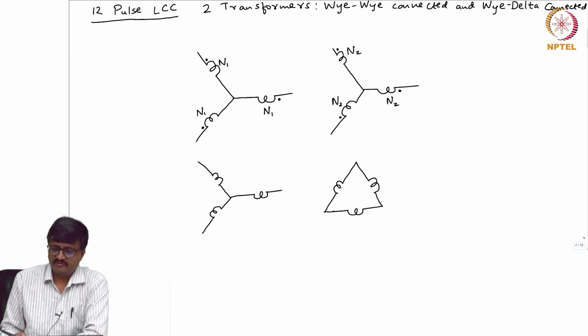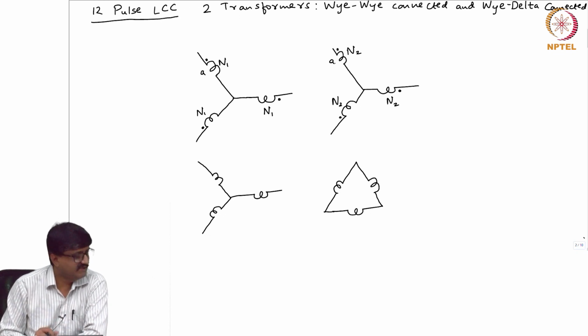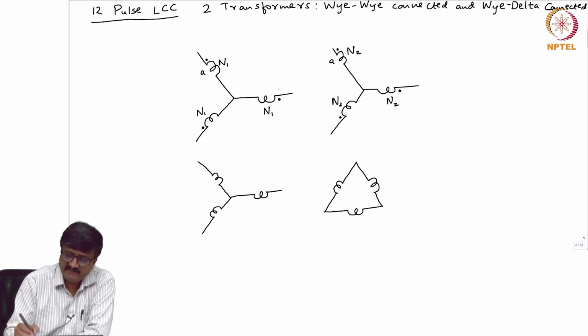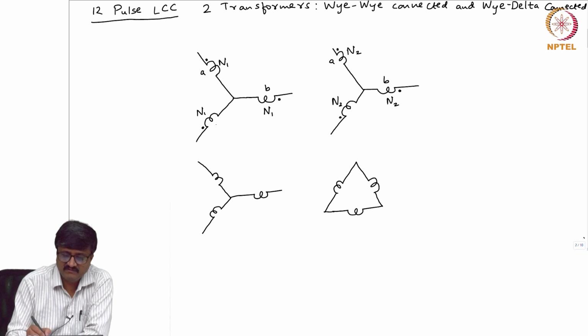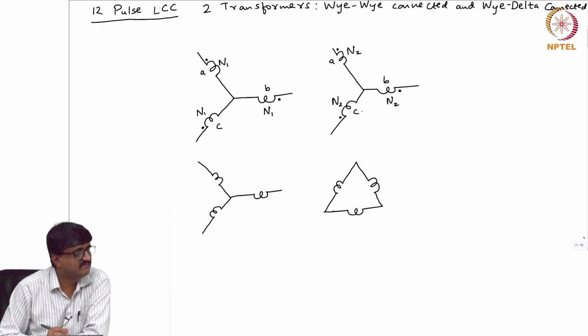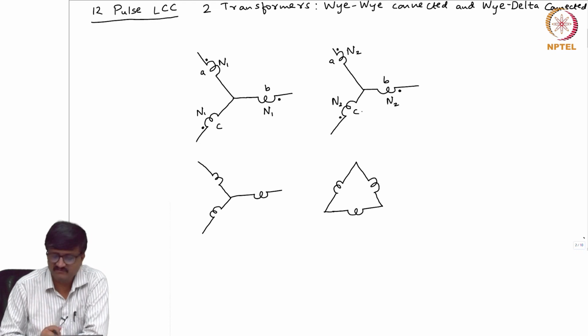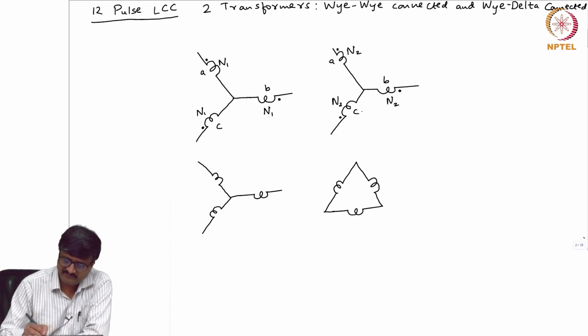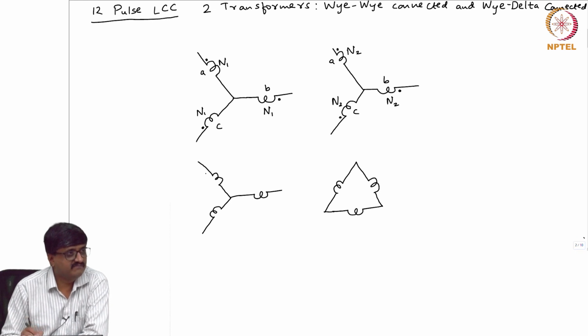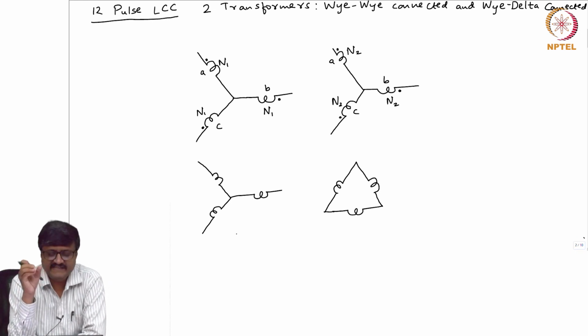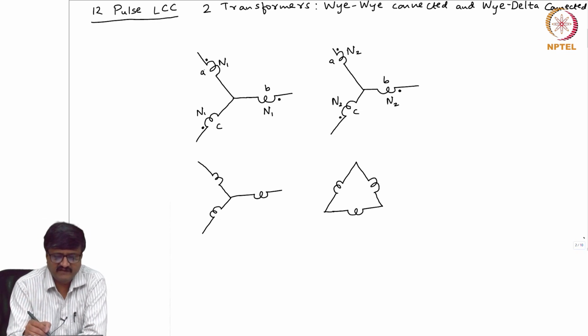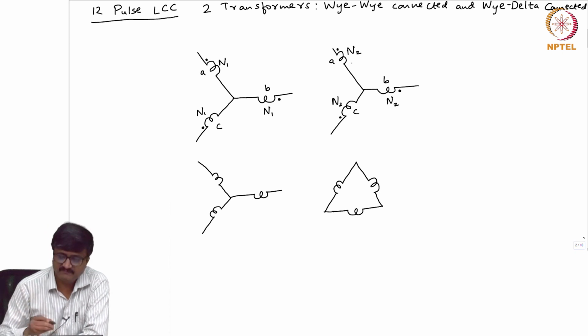Now, we show the windings belonging to the same phase in parallel. For example, in the YY case also, if this is A phase and this is A phase, they are shown in parallel. Similarly, if I take this as B phase and this as B phase, they are shown in parallel. This is C phase and this is C phase, they are shown in parallel. Even while drawing, we show it in parallel, it will help us. Here also the windings belonging to the same phase will be shown in parallel. That means the flux linking each turn of the A phase winding on the primary is the same as the flux linking one turn of the other A phase winding. That is what it means.